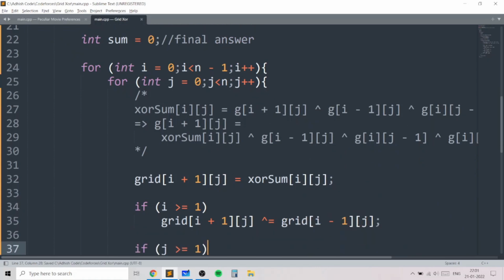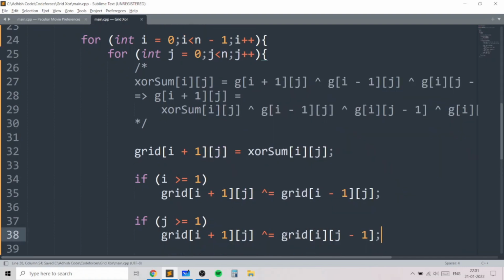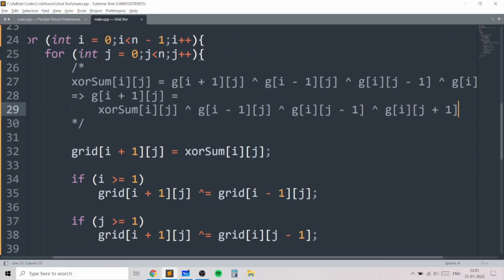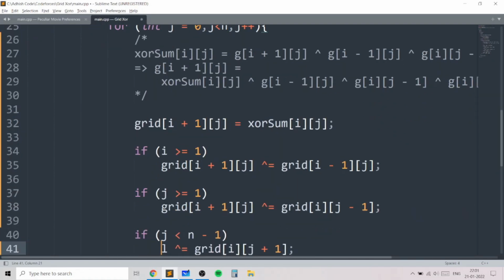Then if j is greater than or equal to 1, we do a similar thing: grid i plus 1, j gets XORed with grid of i, j minus 1. And the last thing is when j is less than n minus 1. For this last value to hold, we need j to be less than n minus 1. If that is met, we take grid i plus 1, j and XOR it with grid i, j plus 1. In this way you can verify we have taken care of all the 3 neighbors of i, j,